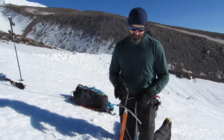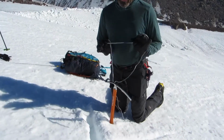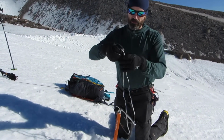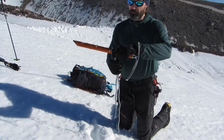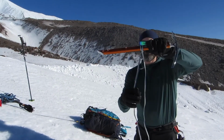So I have my T-trench, and now I have my axe I'm going to place in there, and I want my material that's going to come out of it. So I have just a double length sling. I'm going to put a clove hitch on this, so that way it keeps in place. Put it about in the middle, cinch it down,